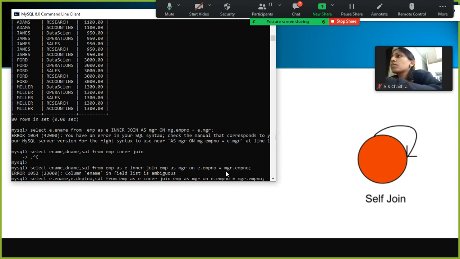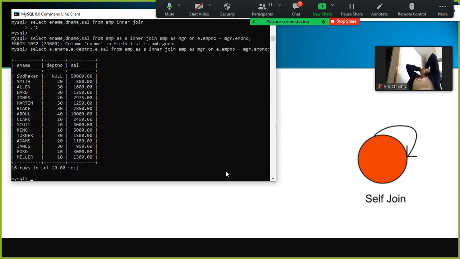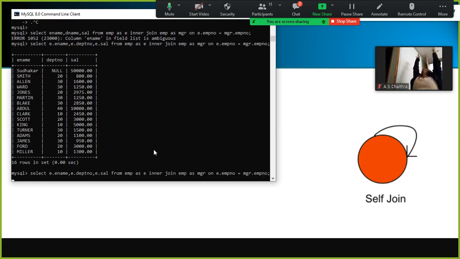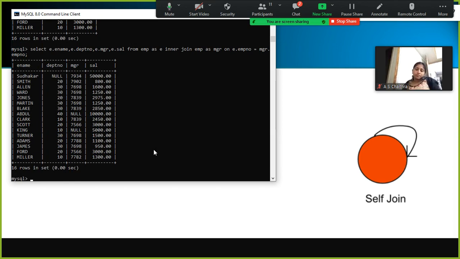E dot depart number, comma, because we are using the same table, right? Look here, depart number, or you can use manager here. Sorry, here you need to use manager. Which employees are reporting under which manager?